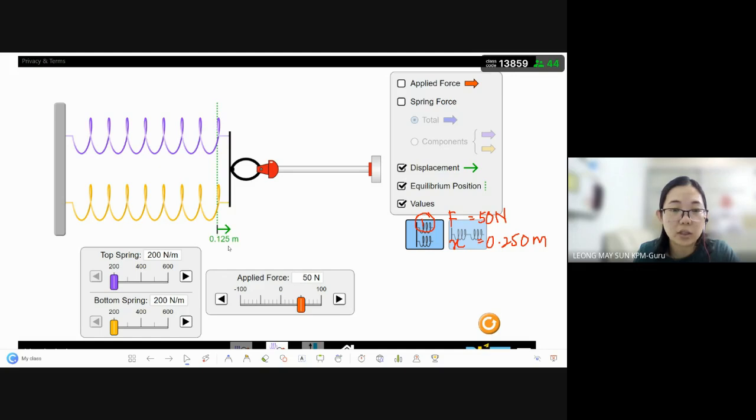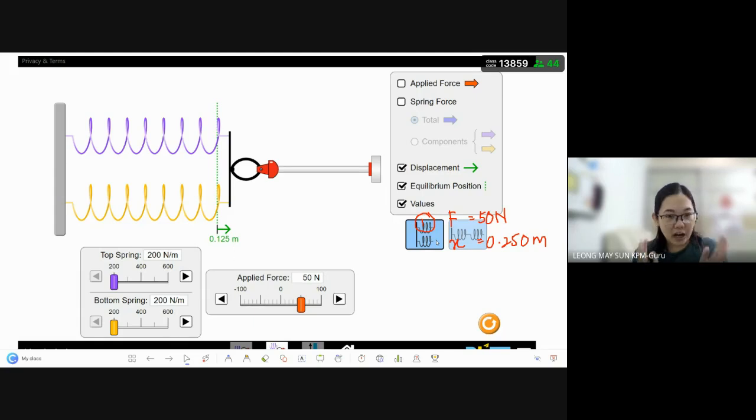The value is 0.125 meter, which means taking the single extension and dividing it by 2, you get 0.125 meter. So for parallel springs, when you have the same load, it is shared by two different springs. I repeat, parallel springs, when you have the same load, the load is